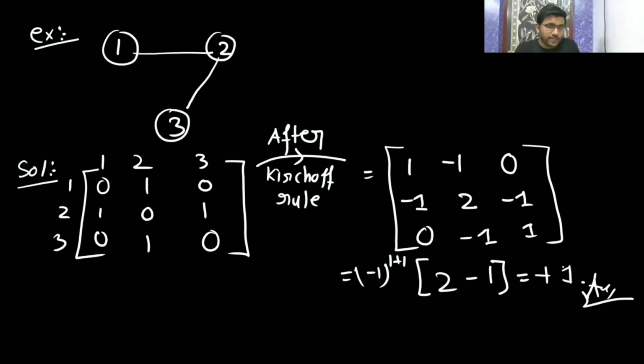Yeah, it's already a spanning tree. This is only a spanning tree. See, we are even verifying whether our Kirchhoff theorem is giving a correct answer or not. It's giving a correct answer. Now I will take a complete graph and we will check. So now we will take K3. K3 is a complete graph. Now whenever it is a complete graph, see, it is a complete graph. I am taking 1 2 3.